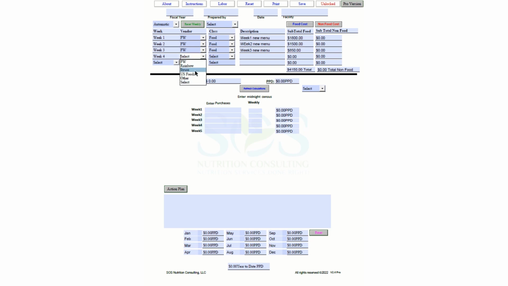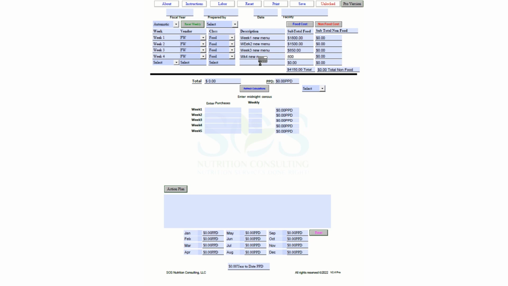Then you can certainly select Rainbow or anything else. For the sake of the demonstration, we're just going to do F&W again, and we're going to select food, and this is going to be week 4 of the new menu. And let's say you only spend